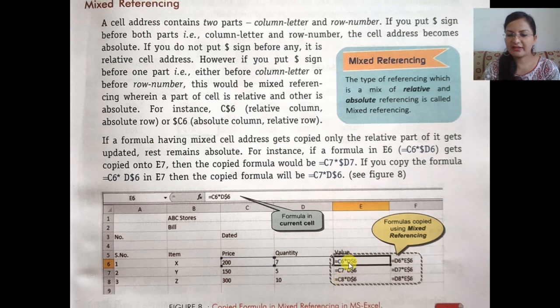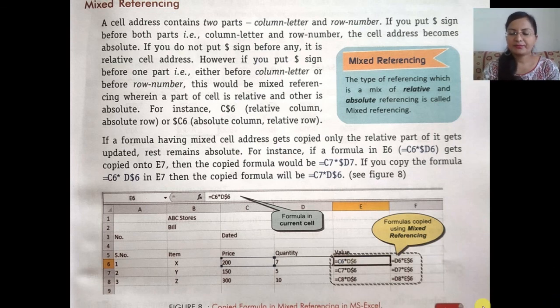But you can see in this there is a mixed reference, but you know when we copy vertically the row number always changes. But here there is a dollar symbol in front of the row number, so the row number is not changing. Here you can see 6 became 7 and 7 became 8. So if there is $6, it will remain $6 and so on. Now if we copy it horizontally, then what will happen? I told you the column letter will change. If we copy it like this, the column letter will change. If we copy it like this, the row number will change.